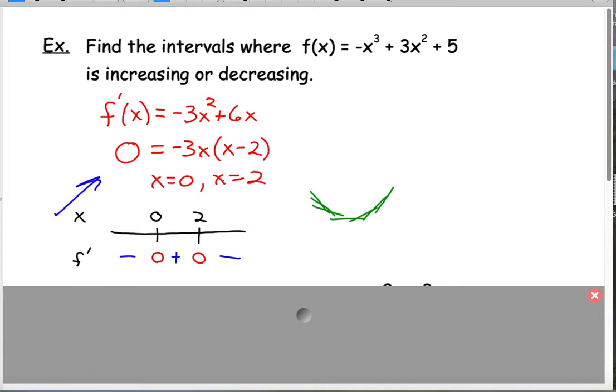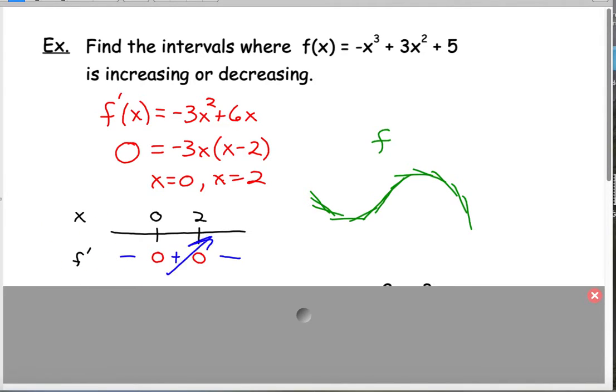And then when x equals 2, all of a sudden the slope of my tangent line is 0 again. And then when x is bigger than 2, my derivative is negative, so that means the slopes of my tangent lines become negative again. So what is that telling me? Looking at this sign chart, because f prime is negative and then 0, and then positive, I know my function f, and this represents my function f, is going to